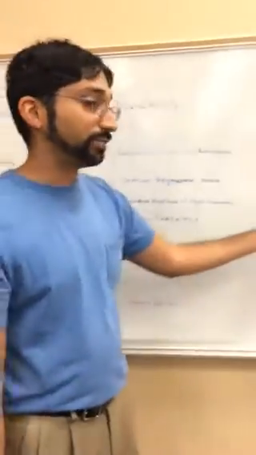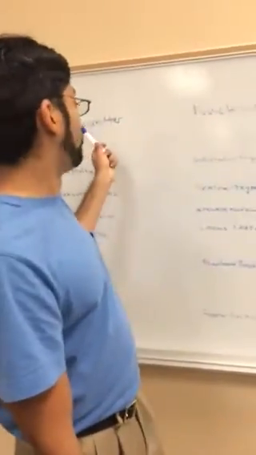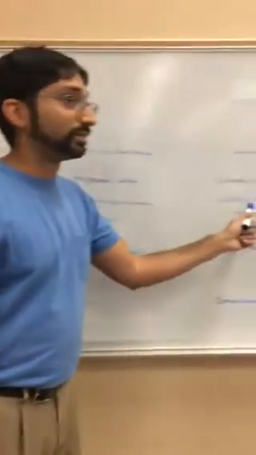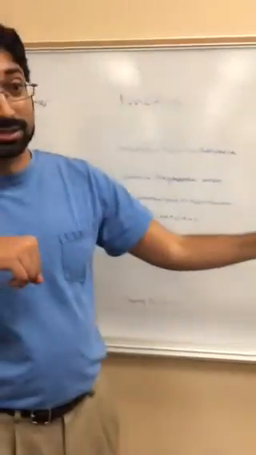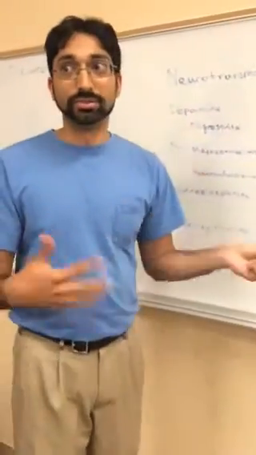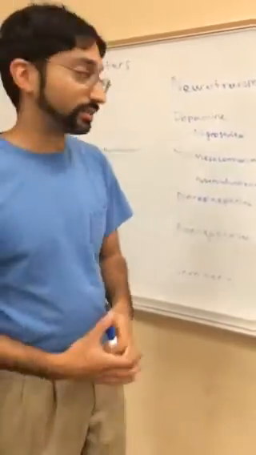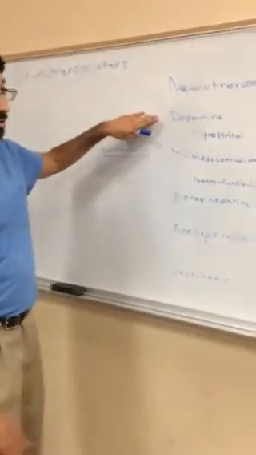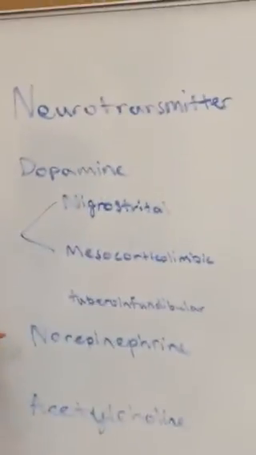You may have heard before that dopamine, another name for it, is prolactin inhibiting factor. This is largely where they came up with that name, because they recognized that dopamine was capable of inhibiting the release of prolactin. So those are all of our dopaminergic pathways. Now we talk about our